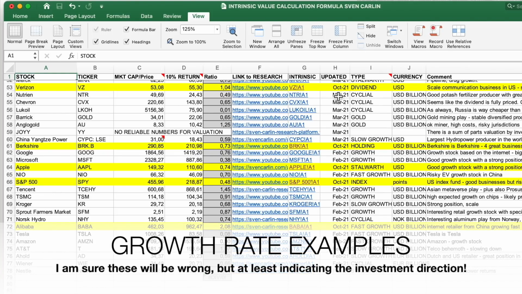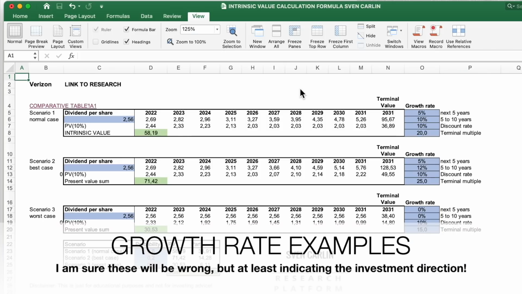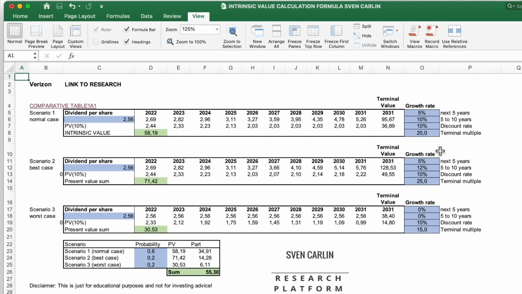Let's go back to our table. Let's discuss the growth rates. So dividend per share, I have put a pretty good growth rate here for Verizon, 5%, and then even 10%, because I expect that the dividend will grow as the capex for 5G subdues, and then they might even lower the debt a little bit. And therefore, this is my estimation. I'm still following Verizon, looking at it, because there might be still 5 years, 4 years of opportunity before the